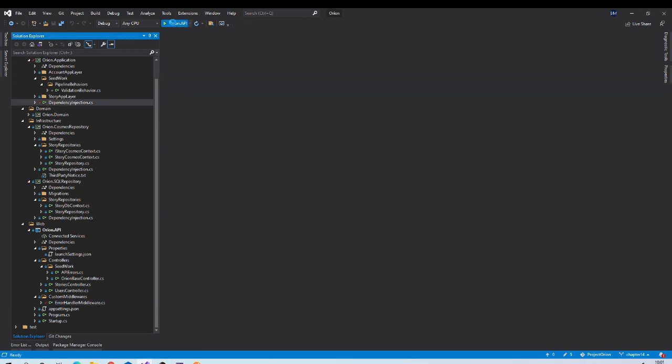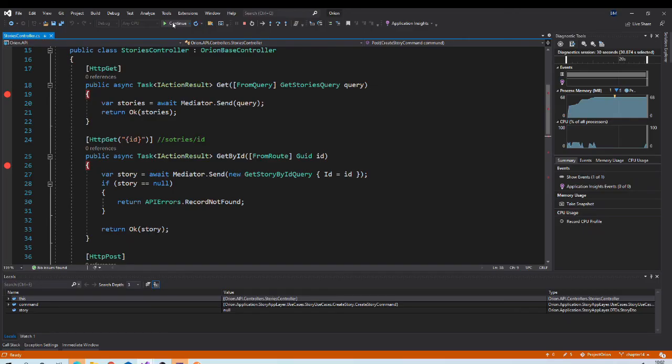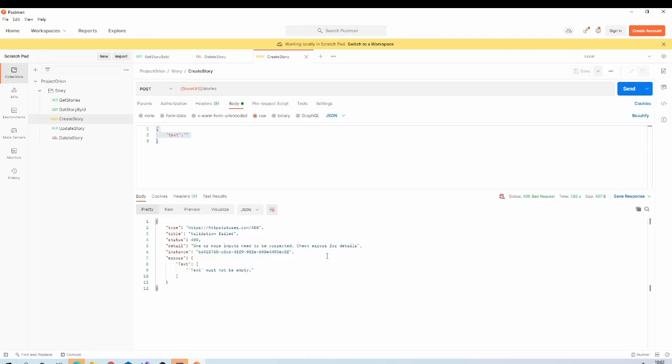With all this in place, I think we are ready to test it. Run your application. Now let us send this request with the text property blank, and it should not create a record but it should throw a validation exception. And yes, our validation library is working properly. For a much better understanding, I will suggest you put a lot of breakpoints and debug the code.